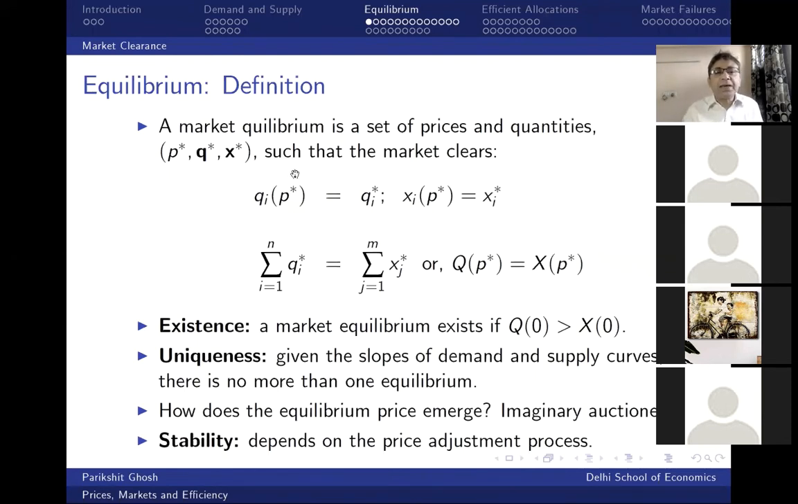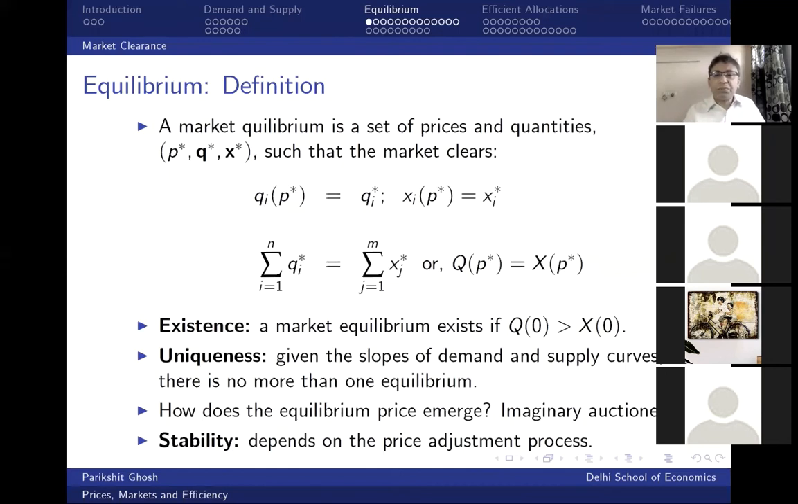So formally speaking, in this single market that we are looking at, this is called partial equilibrium analysis. Here, the market equilibrium is characterized by the following. It's a price, a particular price. We'll call it P star. It's a Q star, which is a vector of quantities consumed by the various consumers, so this is a 1 by n vector. And X star is a vector of quantities produced by the firms. So a market equilibrium is just a vector of prices and quantities,